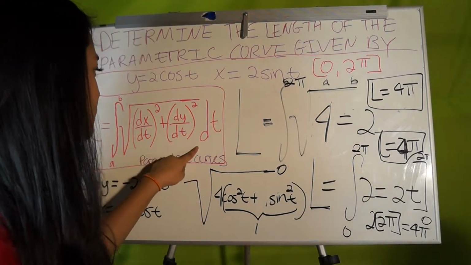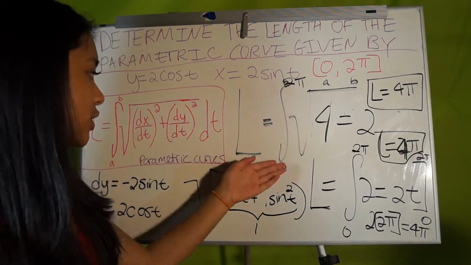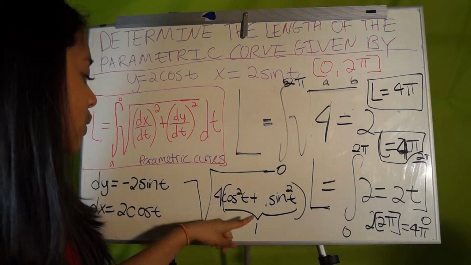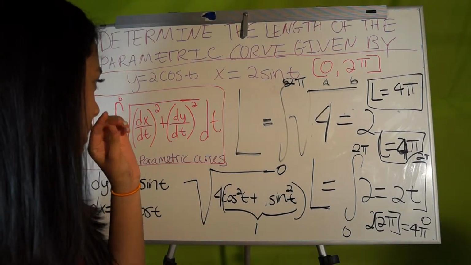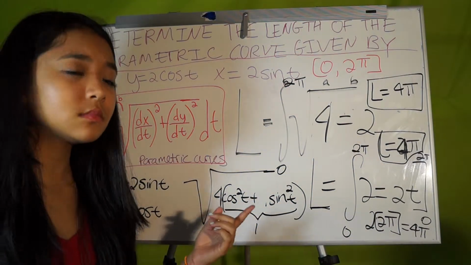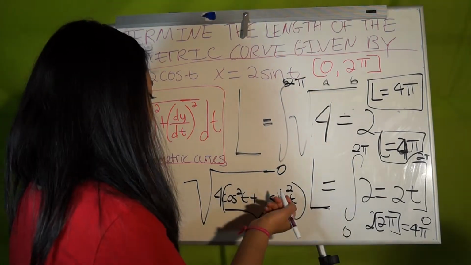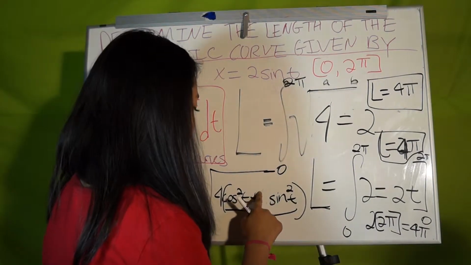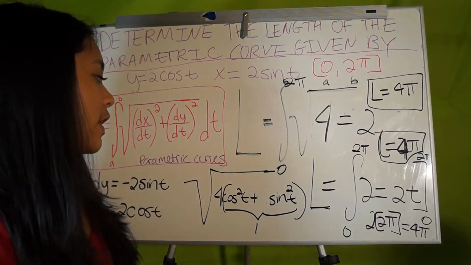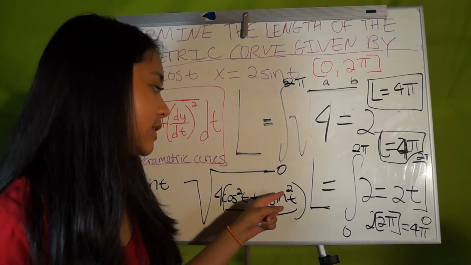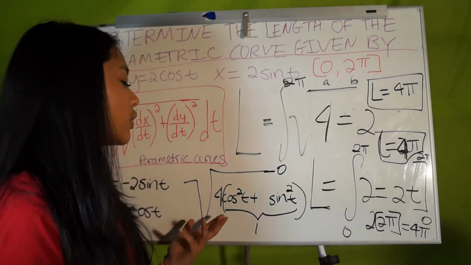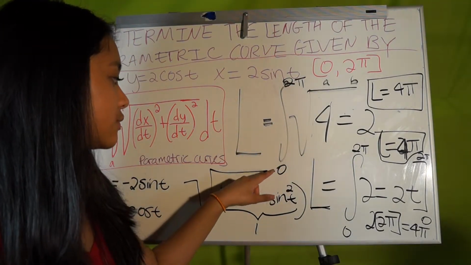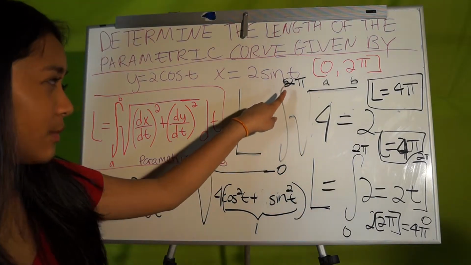Anyway, what we did for this problem is we took the derivatives, we plugged them into this formula, and we set our intervals. Then we got 4 cosine squared t plus 4 sine squared t, and I factored 4 out. We're left with cosine squared t plus sine squared t, which is 1 according to trig identities. 4 times 1 is just 4, so you're left with L equals the integral from 0 to 2 pi